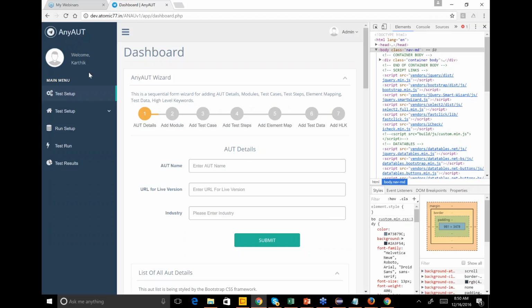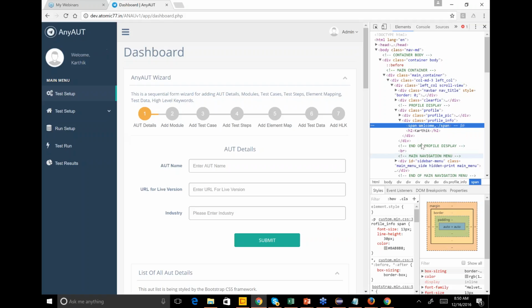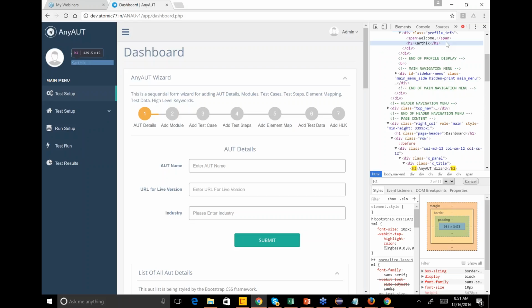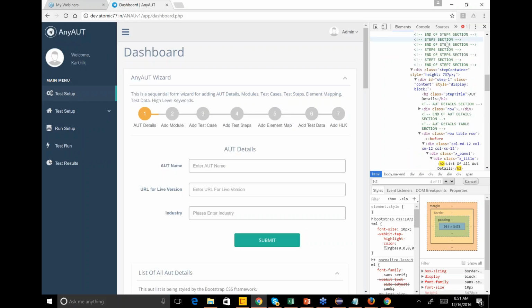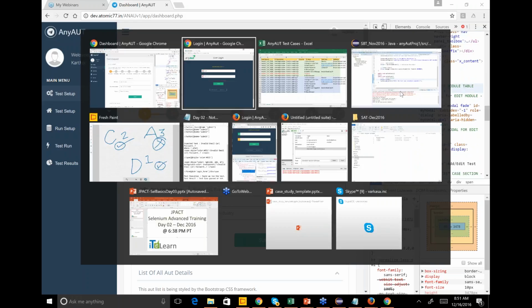Now I want to make sure that this welcome message comes. How do I do it? So inspect span welcome. It's under div class profile. Or I'll say heading 2 is Karthik. Any other H2 in this code? H2. Lot of H2s, but let's say,